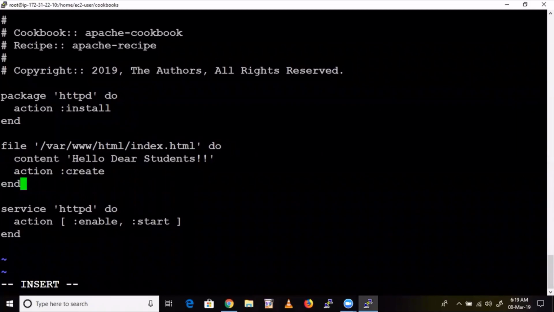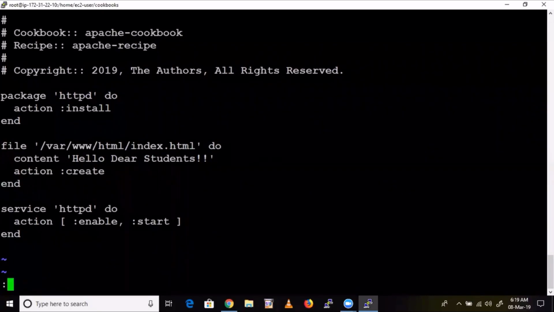Only this place, indentation, you need to use double space. That is also not mandatory. Single space is enough. Got it? Understood, guys? Yes, sir.